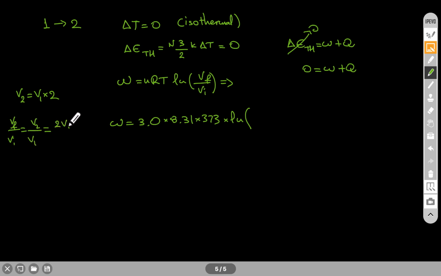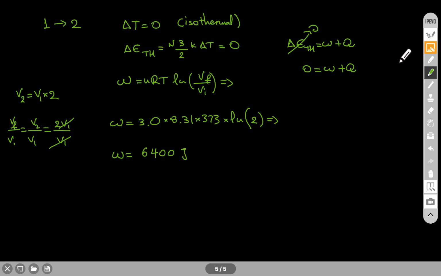V2 is 2 times V1 over V1. V1 with V1 cancels, so the fraction inside the natural log is simply 2. So this will be the natural log of 2. And here is how I can find the work that the gas does on the surroundings. This will give us 6,400